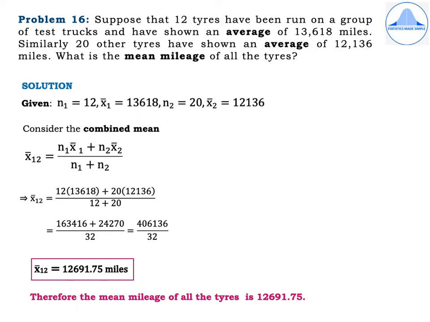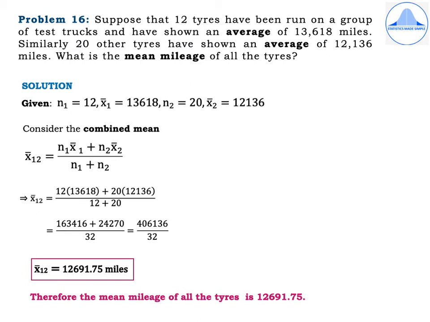X bar 12 is equal to n1 x bar 1 plus n2 x bar 2 divided by n1 plus n2, which implies x bar 12 is equal to 12 into 13,618 plus 20 into 12,136 divided by 12 plus 20,